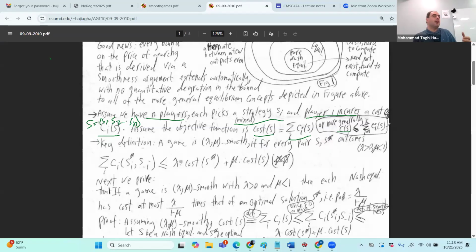For example, we talked about congestion games. In the congestion game, the cost for everyone was the total average time, correct? There we consider the cost of S equal to the sum of Ci(S). Instead of average, as I mentioned, average and sum are the same. You can consider the sum of the total traffic, the time that each person will be in traffic. That would be the one that we try to minimize.